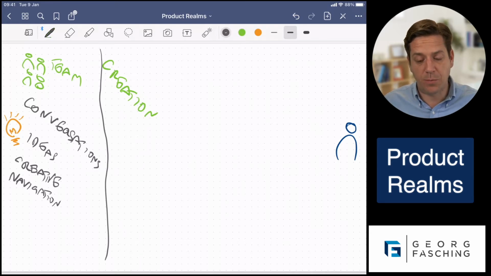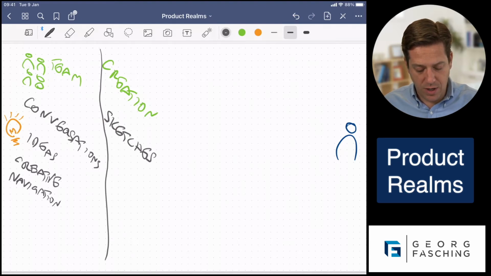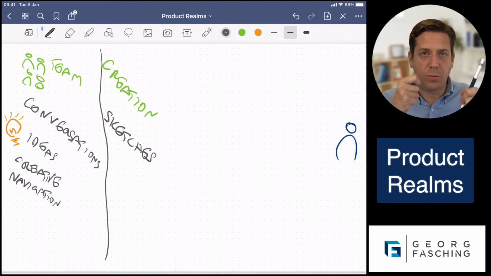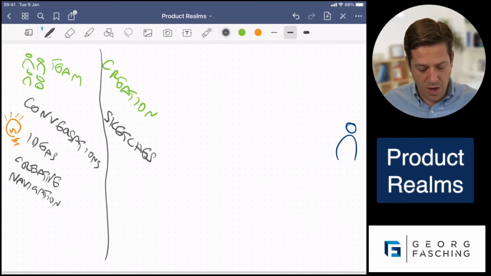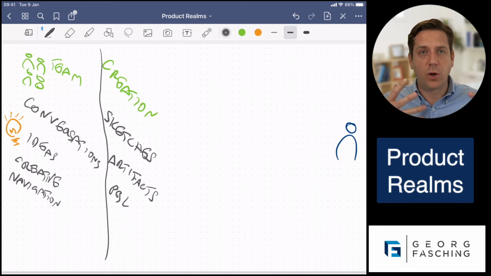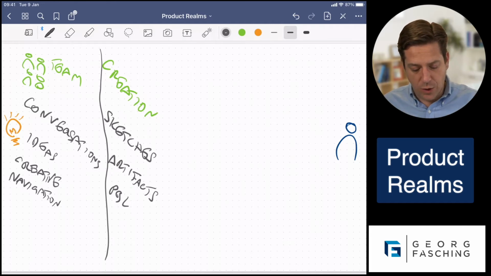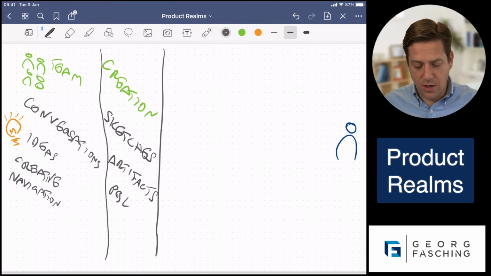So here some examples would be, there might be sketches that are happening in order to align around different possible solutions and work out together as a team what we might do. We might create some other artifacts in the process of the product development. Our product backlog would be in here also, where we're taking note of some of these things, and everything is still quite malleable, right?